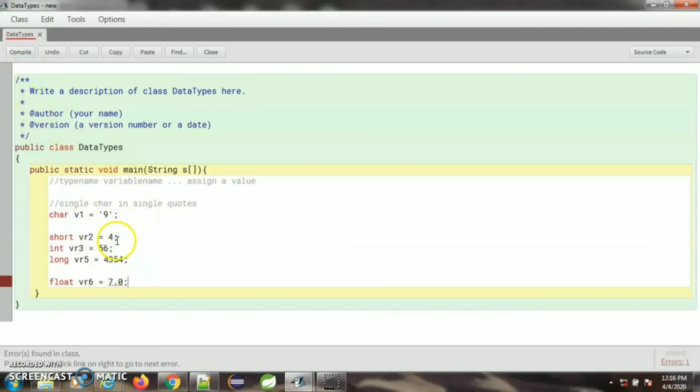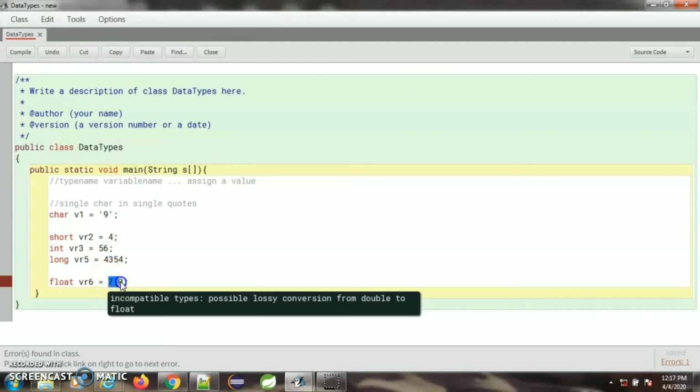Why? So you see, when we gave 4.9 here, it was being treated as double. Similarly 7.0 is being treated as double, because since it is a literal, meaning a value, this is automatically getting treated as double by the system, and you can see here that we are not allowed to convert the double value, meaning the system is treating this as double and it is not allowing conversion to float. So again here a type mismatch is happening.